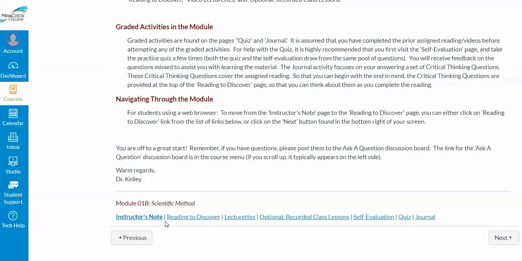read through the instructor's note, and work my way through the module, the reading assignment, the lecturettes, if I wish, the optional recorded class lessons. I can take the self-evaluation, which is just like the quiz but not graded. In fact, it uses the same questions as the quiz, or that is drawn from the same pool. You'll get different questions each time. Then I can go ahead and take the quiz,